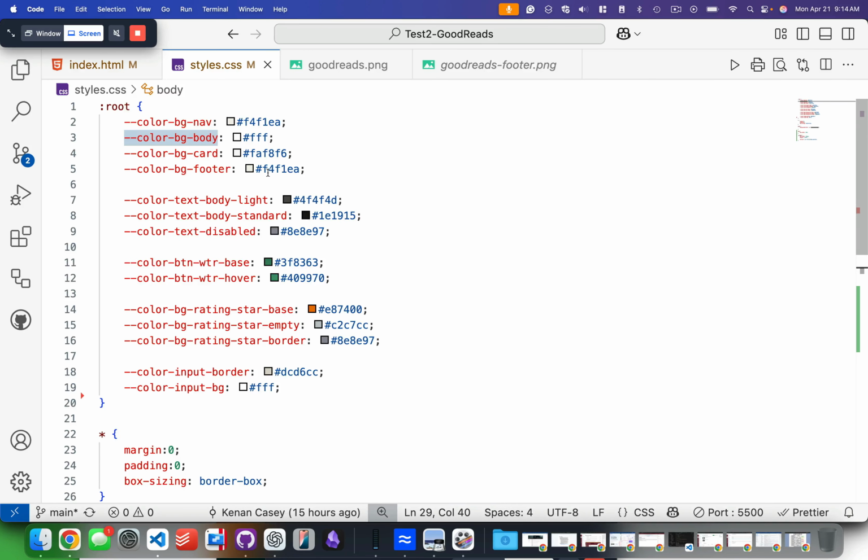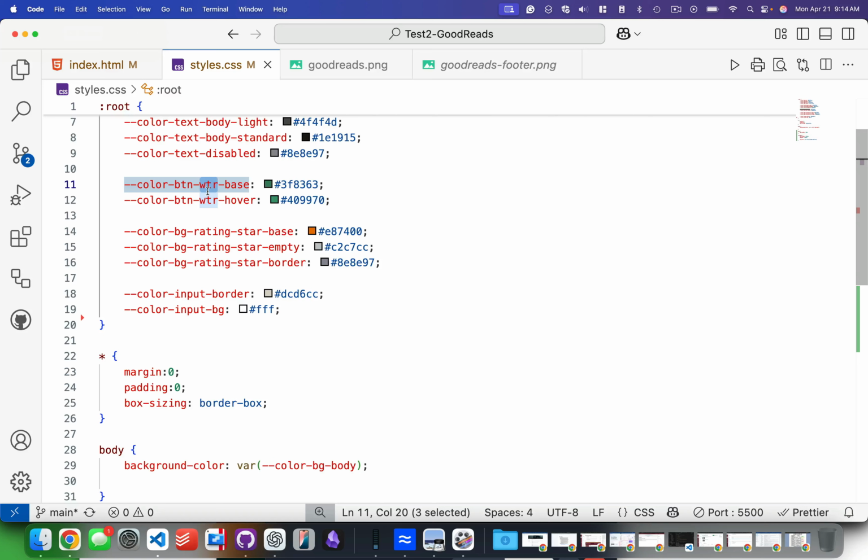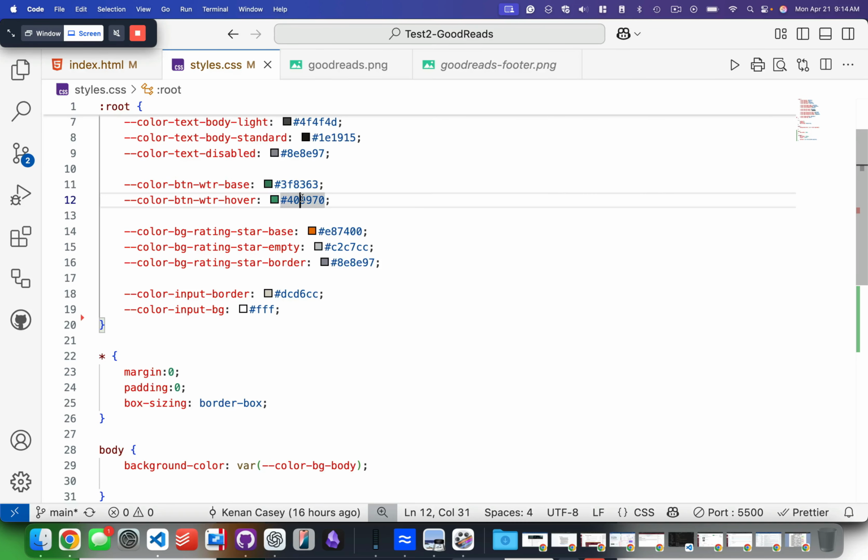And so you see I've got several up here. I've got colors for the nav, the body, the card, that's the thing before the footer, and the footer. I've got the color of the text, the standard color, a disabled color, and a light color. This is what to read. This is the button. So the what to read button, the base color, and the color that it is when you hover. And then I've got some colors related to the stars and some colors related to the input